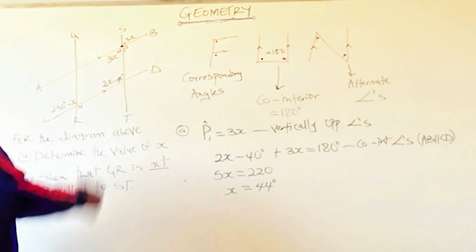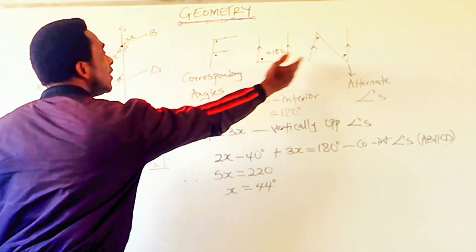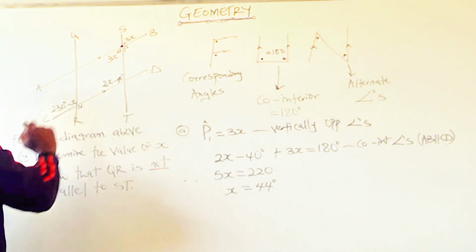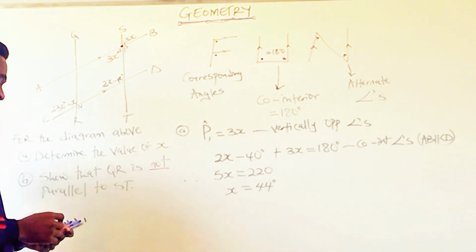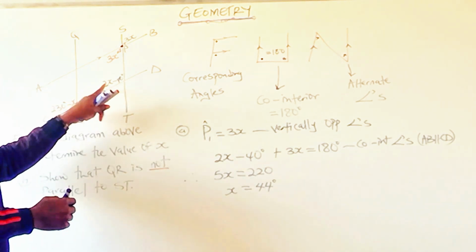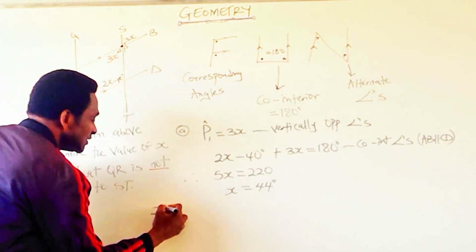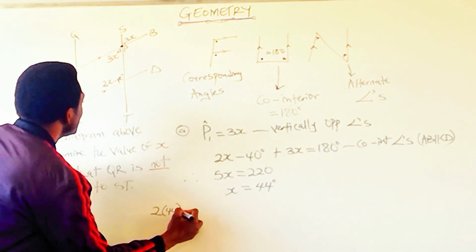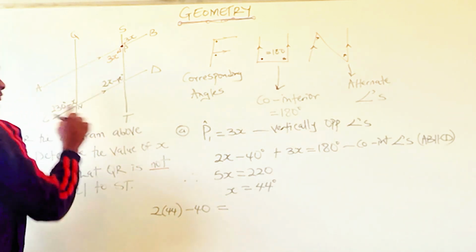So let's look at one. If this is parallel to this, we say that it can either be co-interior, alternate, or corresponding. We only have one value here and one value here, so we compare the both of them. If the value of x is actually 44, then we have this angle as 2 times 44 minus 40. We will ask ourselves, is it equal to